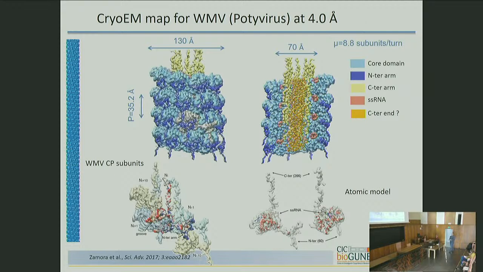What we obtain, the helical arrangement is almost identical. They have the similar arrangement. They are also a left-handed helix. And the novelty here is that the N-terminal region, that in the previous case was side-by-side interaction between subunits, here has a sharp turn and goes to make an interaction with the subunit that is in the next turn on the helix. So it's a dual role within the same turn and between turns.